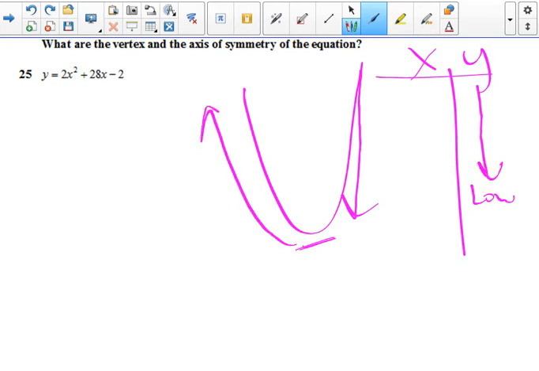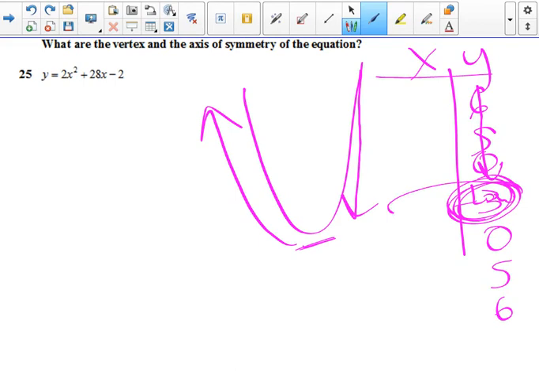So you want to look for where it went, like 6, 5, 0, and then it goes to negative 3, and then back up to 0, 5, 6. So you want to look for that lowest point, and that would be your vertex. So whatever that xy coordinate is would be your vertex,